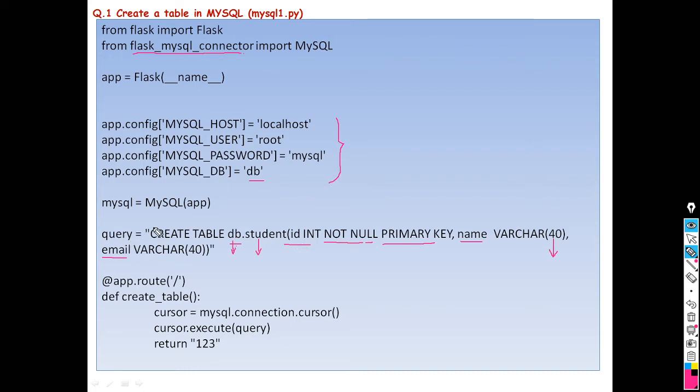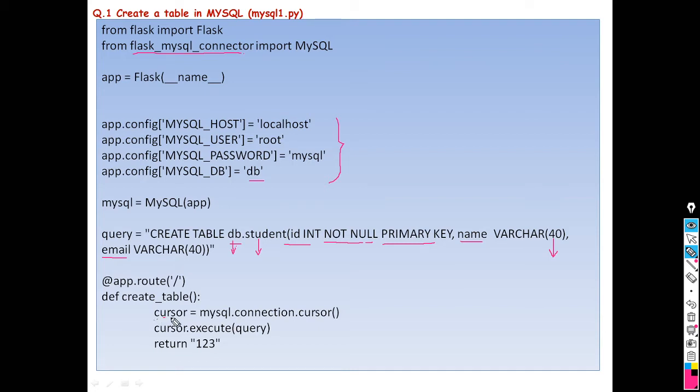Then right here app.route, this is the URL, and you have to write one function associated with this URL. Here I have written a create_table function in association with this URL. What should be the statements inside this function? First, you should assign the MySQL connection cursor to a variable.